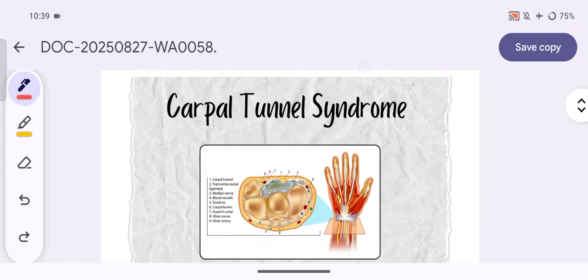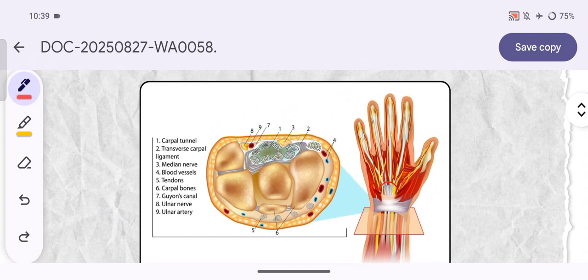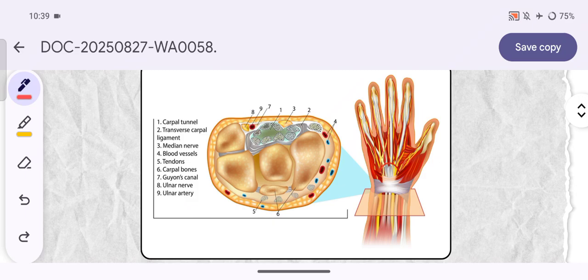So first of all, you can see the diagram of carpal tunnel syndrome. We have already numbered it. The number one position you are seeing is the carpal tunnel. Number two is the transverse carpal ligament, number three is the median nerve, number 4 are blood vessels, and number 5, tendons,